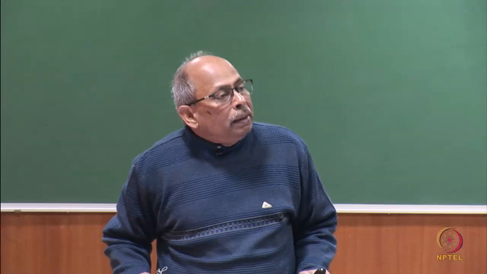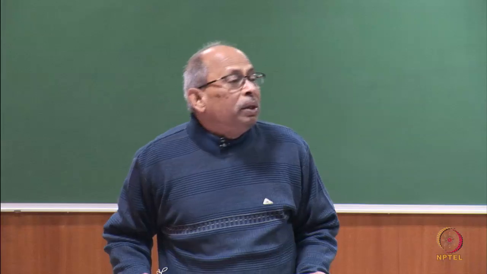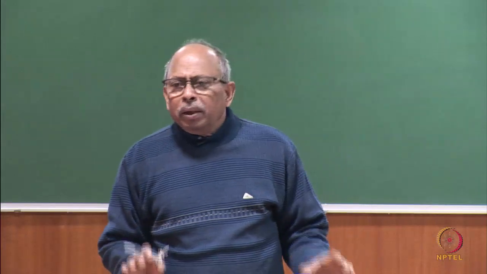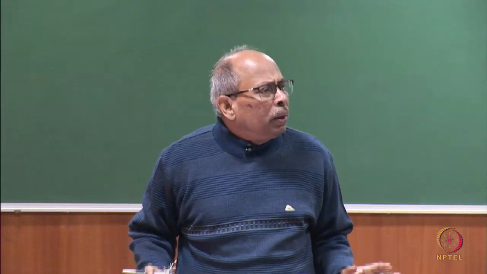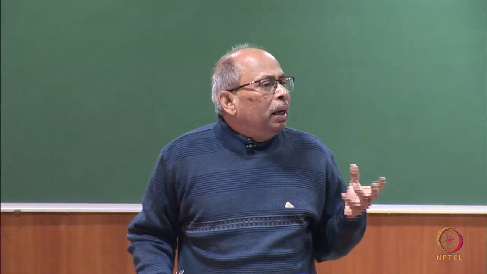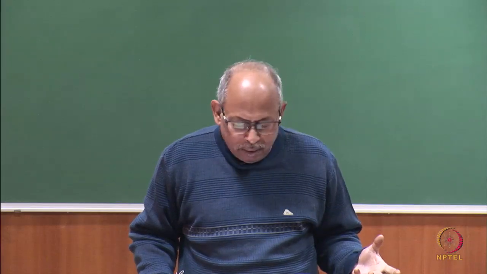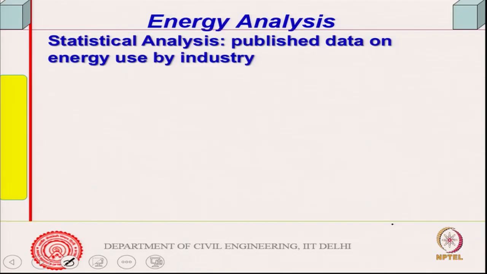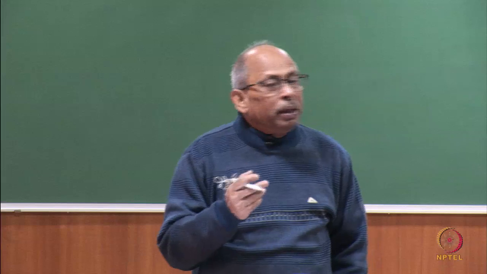How can you do this analysis? It is not easy to do, not a very complicated mathematics or anything of that kind, but it is a laborious process. So, if I want to find out how much is the embodied energy of cement,